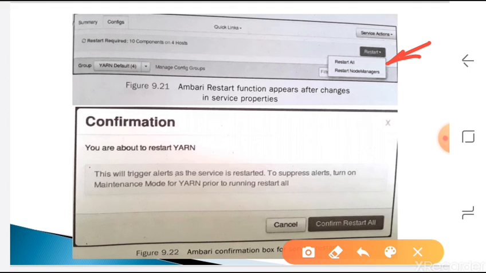So it has to be restarted, then those nodes will take this new configuration only. It will ask to restart all or restart a particular node.